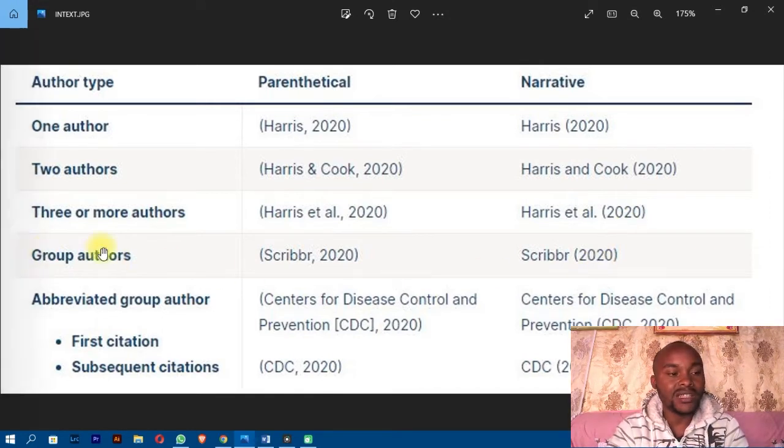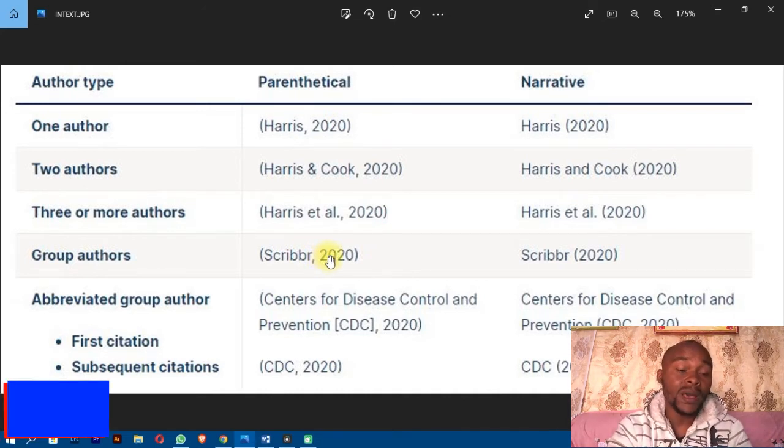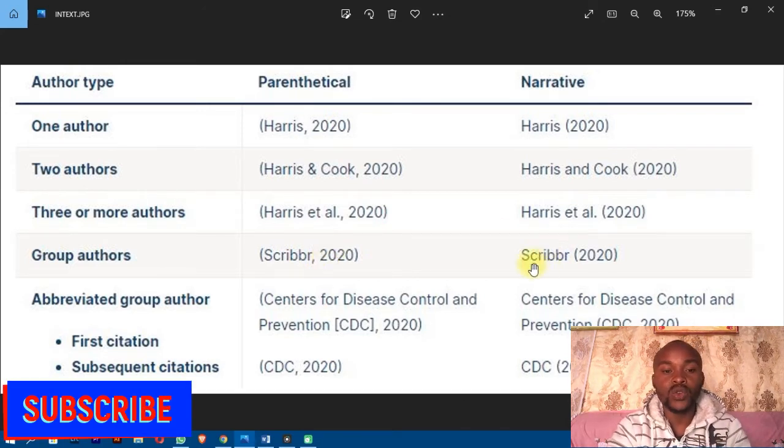And then we have this last scenario here, where you might have a group of authors, and it is very clear here. Where you have too many authors, you just pick the name of the first author, you put a comma, and then you write the year or the date of publication. That is under parenthetical. And then for the second case, you just write the first name, and then you enclose